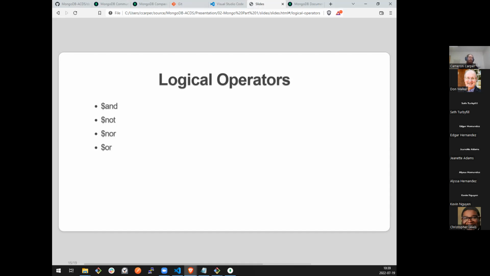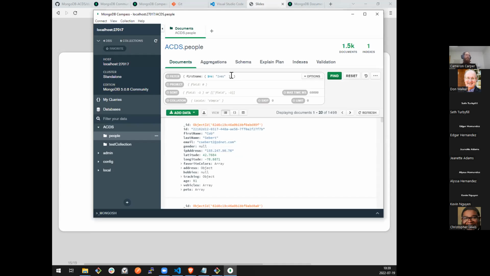By far our most common logical operators are and, or. We use them all the time in programming. Clearly slightly different syntax for Mongo, but they function exactly the same way. So I told you we would write that age example once we got to our logical operators, and now that we're here, let's use that as our example.